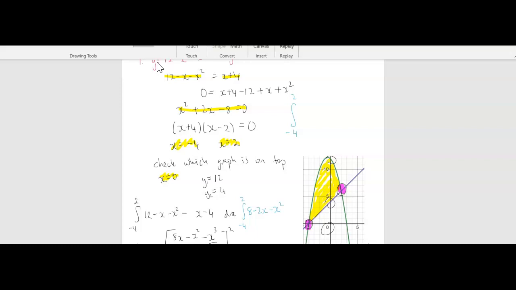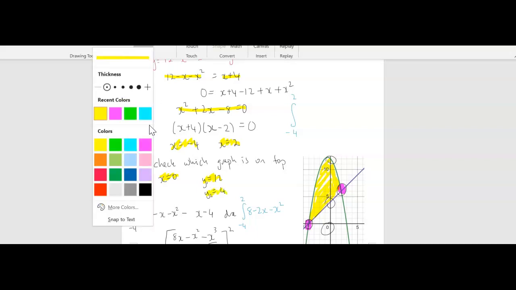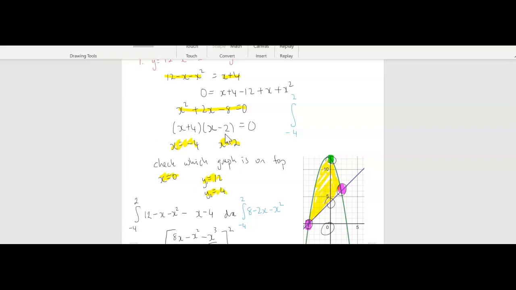So when we substitute x equals 0 into our parabola, we get y equals 12. And when we substitute it into our linear graph, we get y equals 4. So on our graph, and I'll highlight that in green, there's y equals 12 and there's y equals 4. So even though I graphed it and we can see our parabola is on top, just doing this little check here, if we didn't graph it, tells us which one is on the top and which one is on the bottom. And that's really important because your top one goes first, which is here, your parabola,